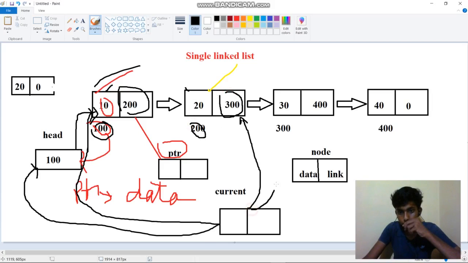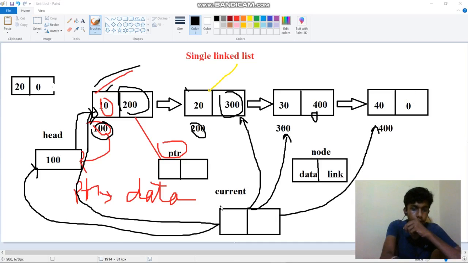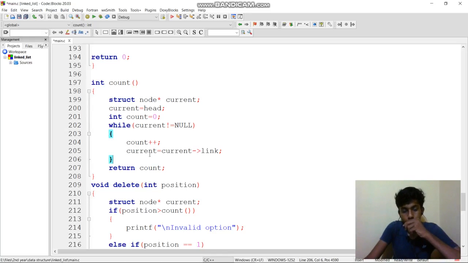Then it points to 300, which is not null, so it will store 400, current of link. 400 is stored in current and it points to 400. Now 400's link is 0, so 0 will be stored in current. After this, what will happen? Now current is 0. Again it goes on checking whether current is not equal to null.